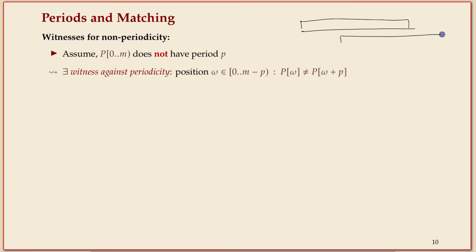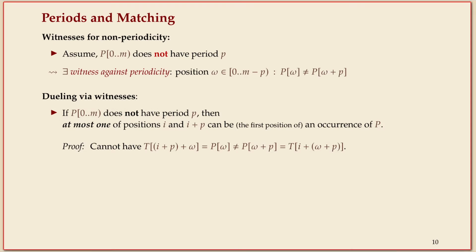So in pictures, if I shift this over by p and it's not a period, there must be one position here. If these are all matches, there must be one position where the two characters are not the same, up here and there. Otherwise, it would be a period. And so this position is our omega. This is omega plus p. Okay? That's a fairly simple concept, but it's quite interesting and useful